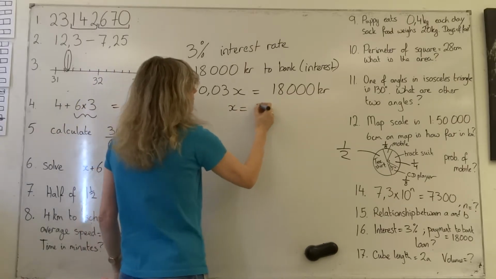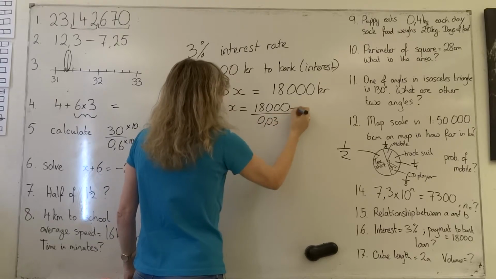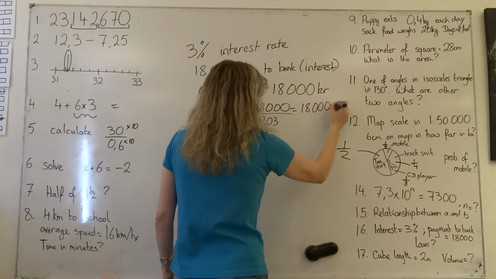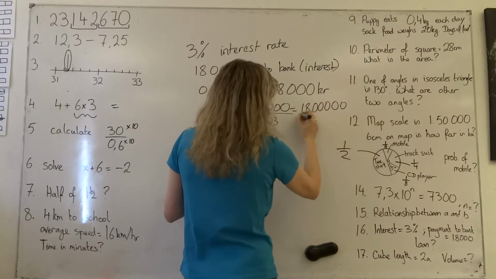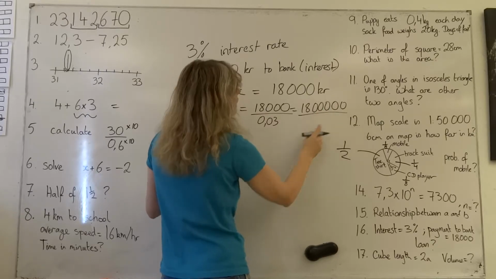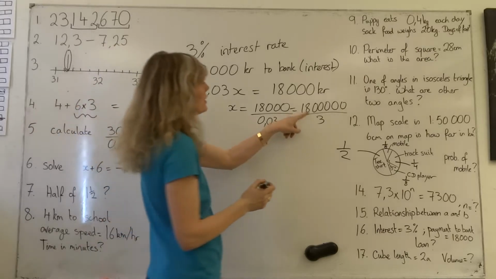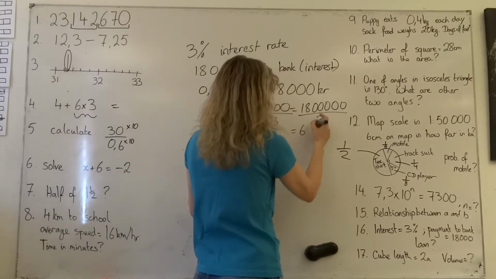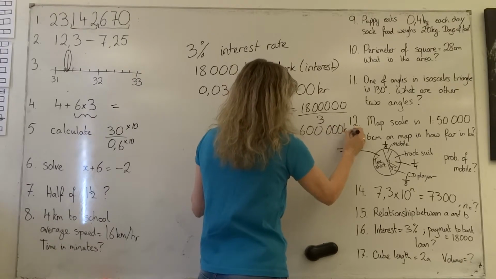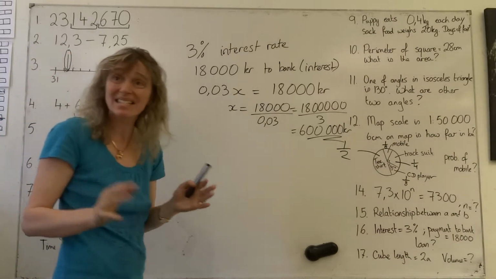And you then get x by 18,000 divided by 0.03, which is the same as 18 million divided by 3. Move the decimal point. 3's go into 18 6 times, and what do you get left over? 600,000 kroners. That's for those of you like me that love algebra, but there's an easier way of doing that